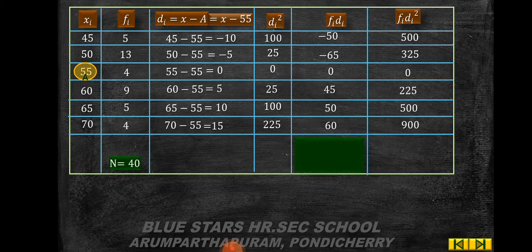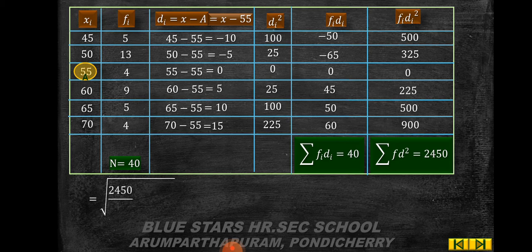So, capital N is equal to 40. Summation fi di is equal to 40. Summation fi di square is equal to 2450. So, sigma is equal to root of 2450 by 40 minus 40 by 40 the whole square